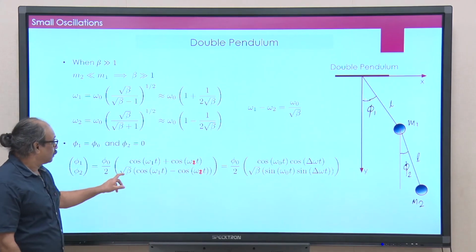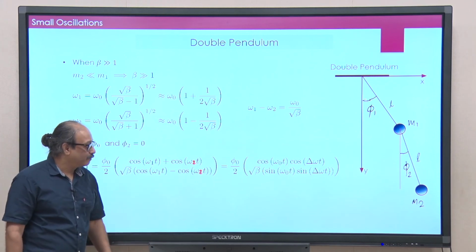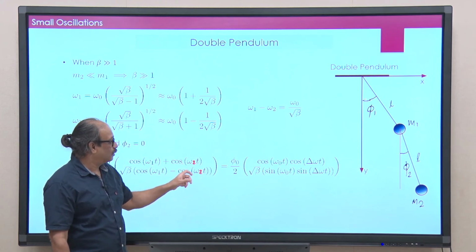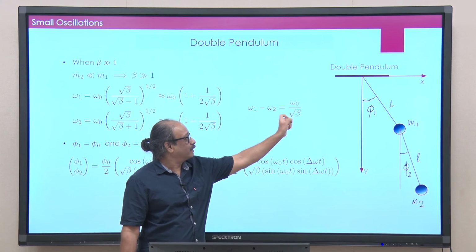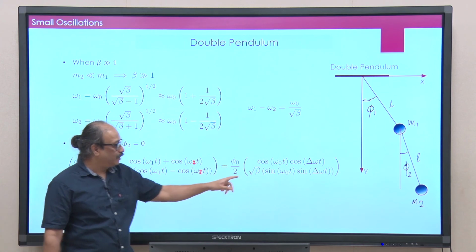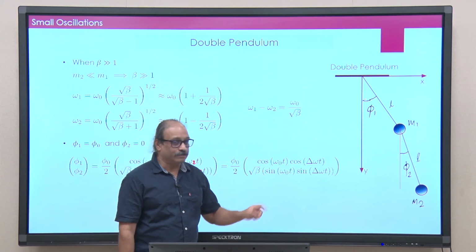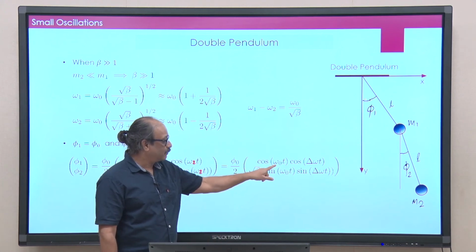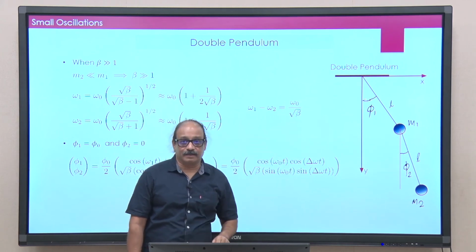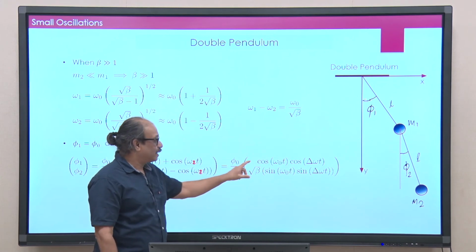Okay. So, now we have this, and now I use the simple formula of cos A plus cos B, and that gives me cos omega naught t into cos of delta omega t. Delta omega is this omega by square root beta, okay, and the same thing for cos A minus cos B would give me a sin term. And if you look at this one, what does this tell you? This is basically high frequency omega naught, delta omega is far smaller than this omega. This is again the same motion as that of beats.